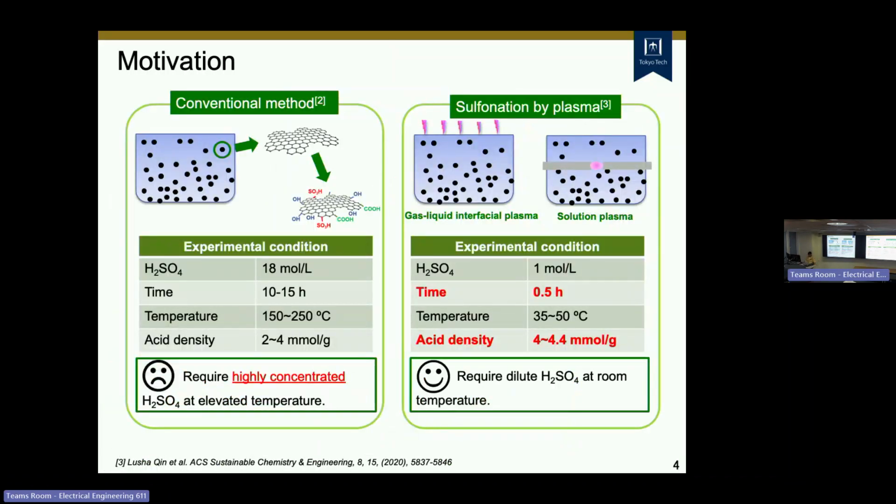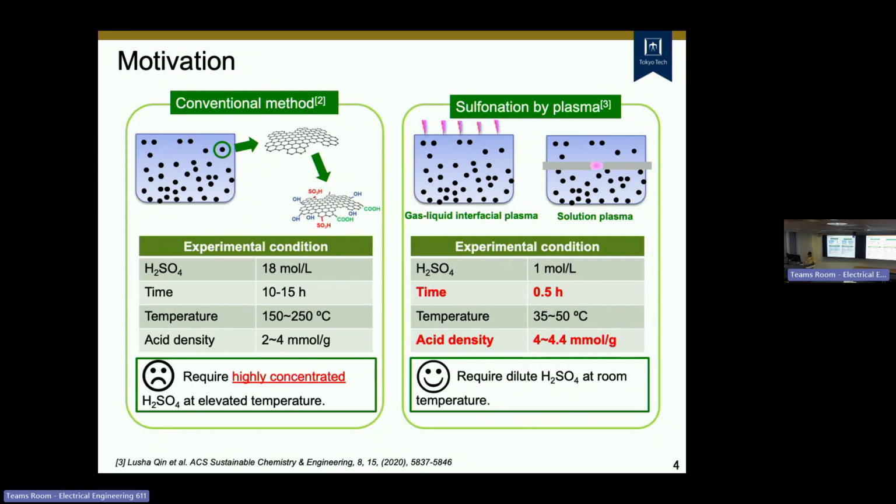Although the sulfonated carbon catalyst exhibits promising results in biomass transformation, the conventional method for producing it requires strict conditions, as shown here. It requires highly concentrated sulfuric acid with hours of treatment time at very high temperature. And the plasma technique exhibits several advantages such as fast processing, low cost, and low temperature compared to the conventional